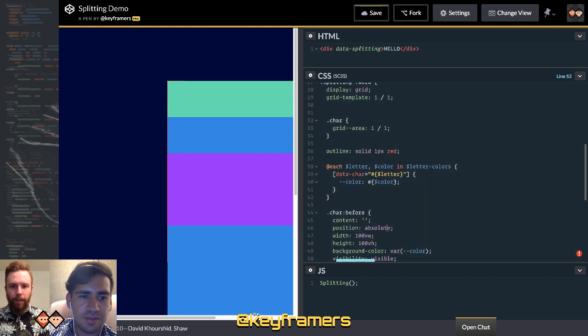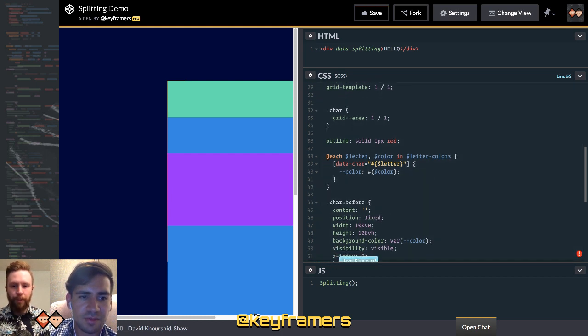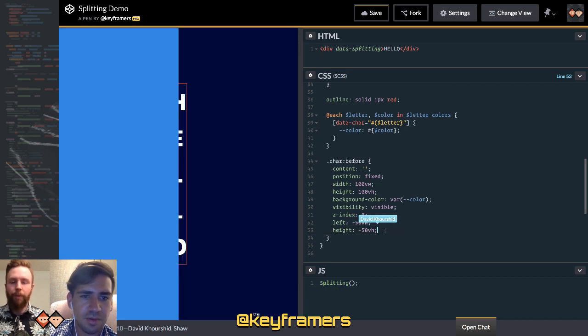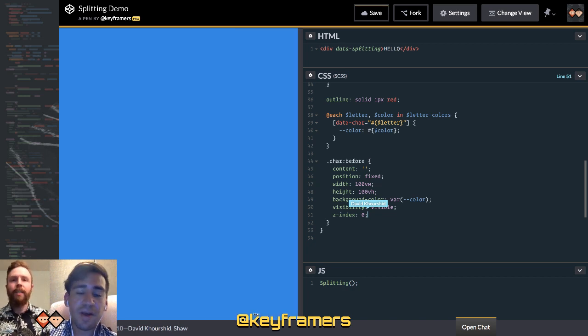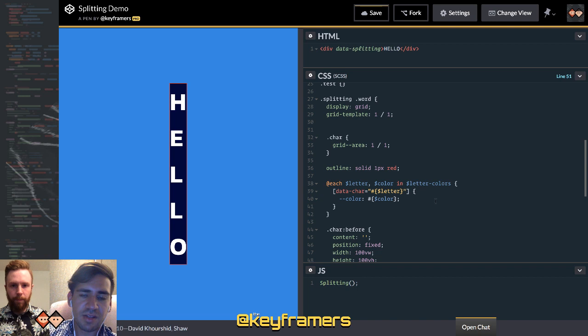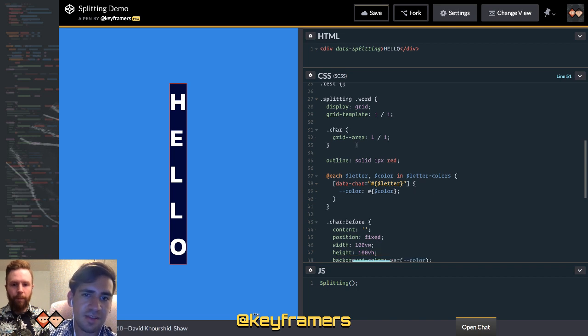Hey, you just want position fixed there. Oh, and yeah, you're probably right. Yeah. Smarter, not harder. So my thinking is that we have this before thing, like this big thing that's in front of the letter, and we want to rotate each letter in place, right?